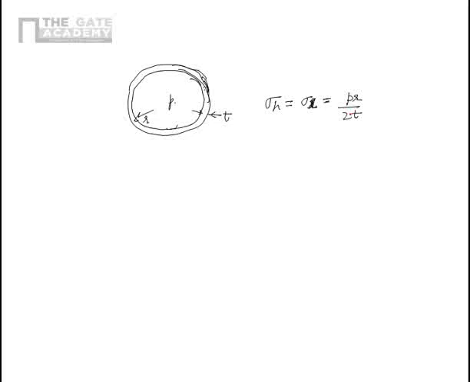So when you have such condition, wherein you have the hoop and longitudinal, or basically the sigma x and sigma y, if I just take a stress element in case of spherical pressure vessel, it will look like this. This is sigma x, and this is sigma y. So both of them are equal to PR upon 2T. Now a quick question: in such case, what will be the value of the shear stress?